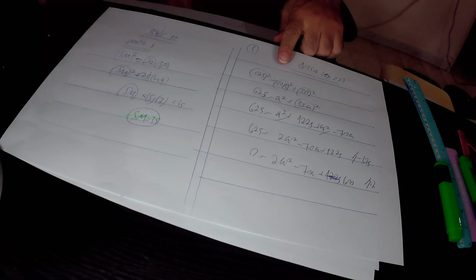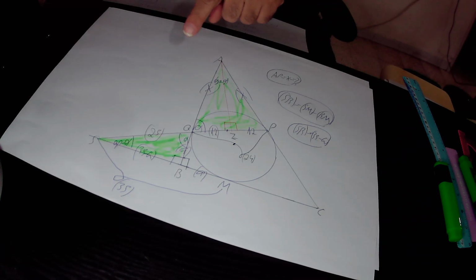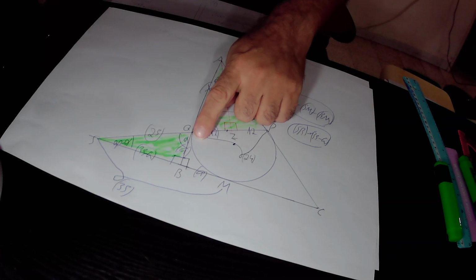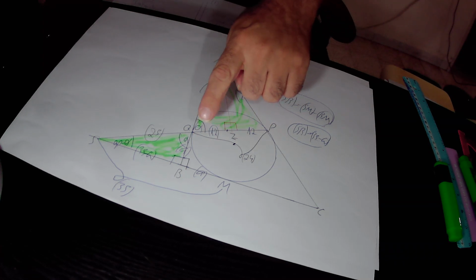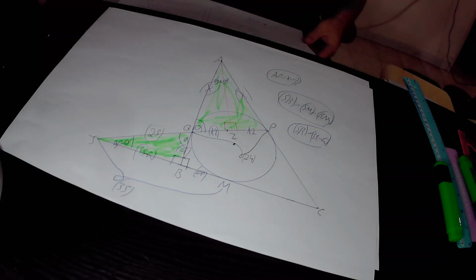SQ squared equals QB squared plus SB squared. SQ is 25, therefore SQ squared is 25 squared, that is 625, and it equals QB squared. QB is 8, therefore QB squared is 8 squared, plus BS squared. BS is 35 minus a, therefore BS squared is (35 minus a) squared. So in total, we should find out that